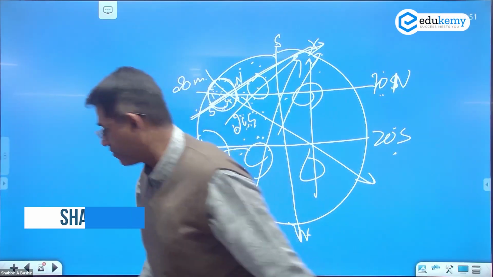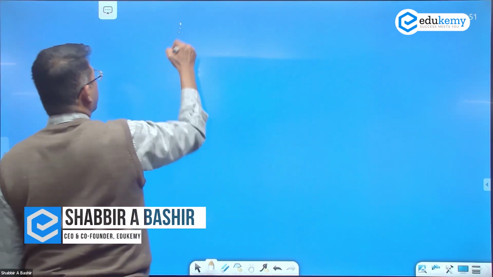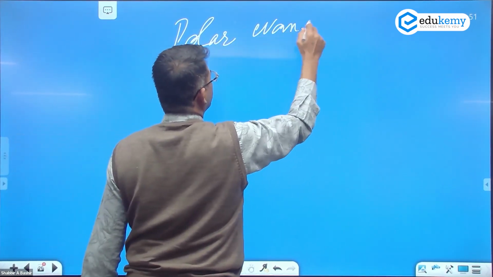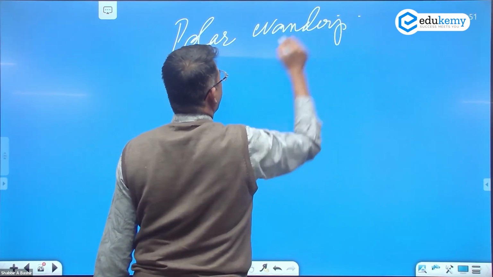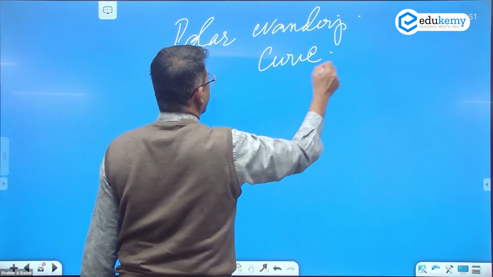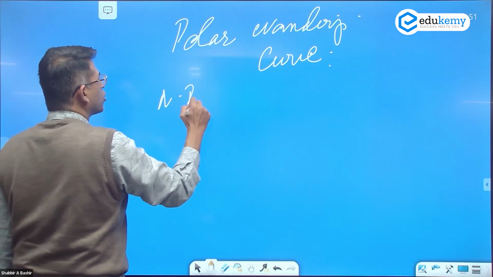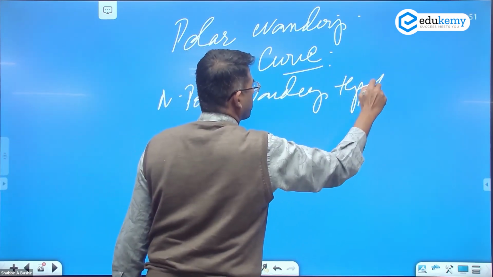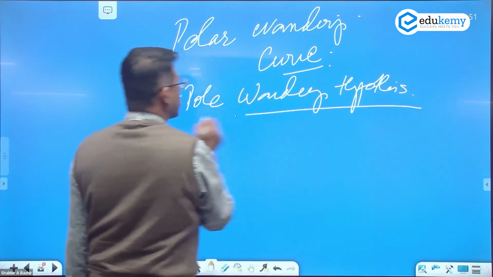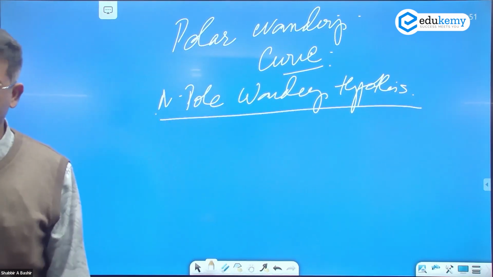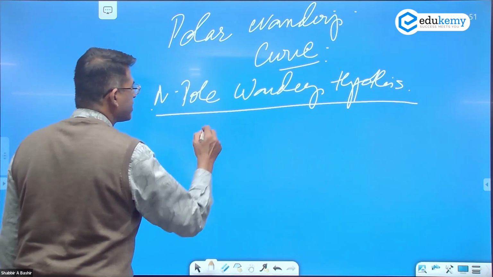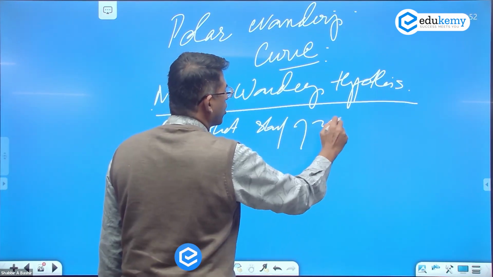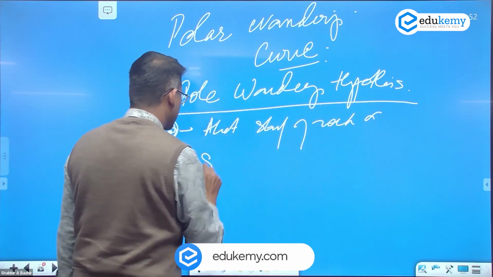Polar wandering curve. It's a very important topic, not asked, but these are those possible questions. Polar wandering curve is also called the North Pole wandering hypothesis. This evidence basically says that this is about the study of rocks and